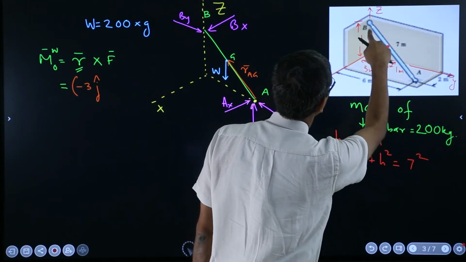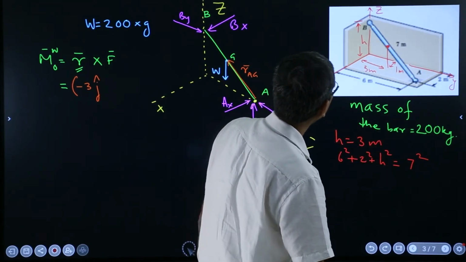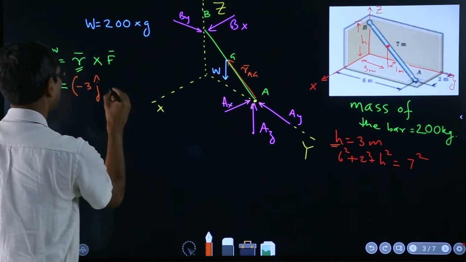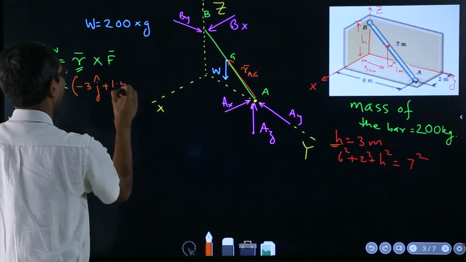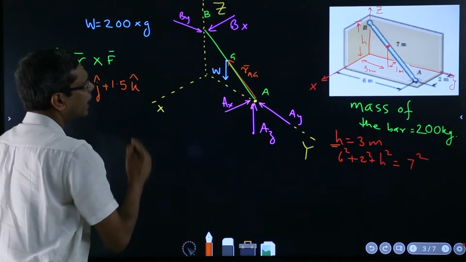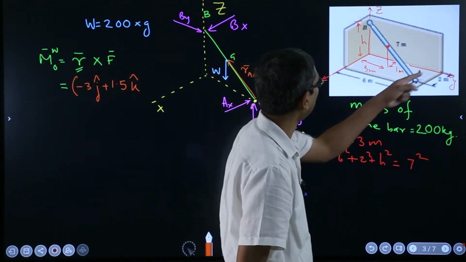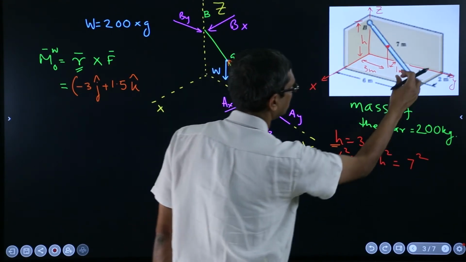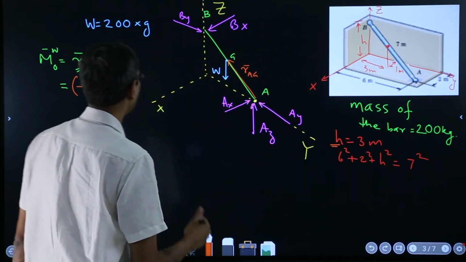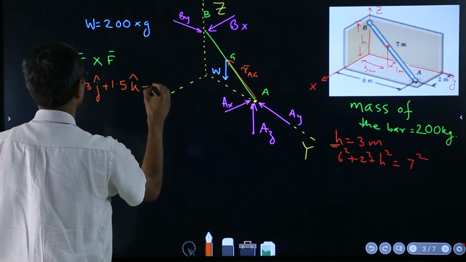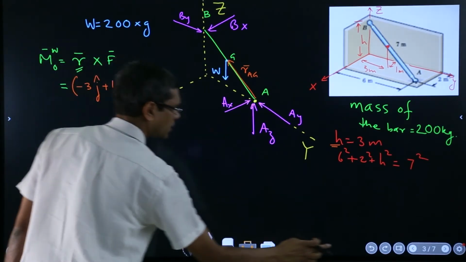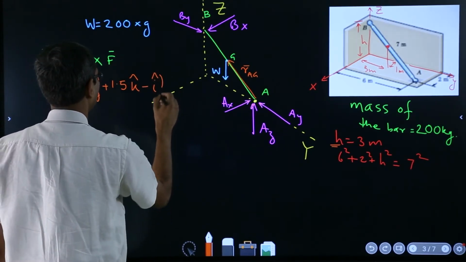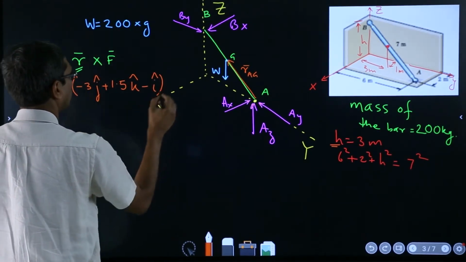This height also will be half of this 3, because this is 3. So 1.5, so plus 1.5k. And how much are we moving in the x direction? We are moving 1 unit, because this is 1, so this also is 1 in the negative x direction. So minus i. So this is your R, and crossed with